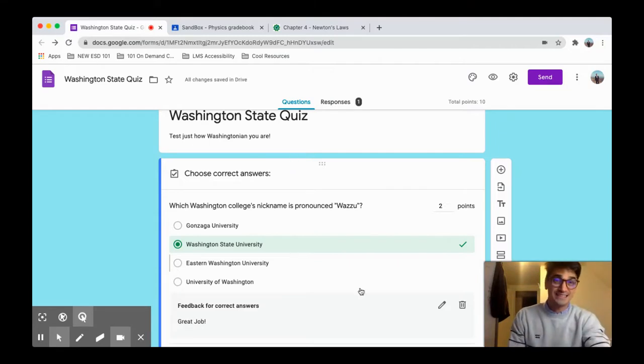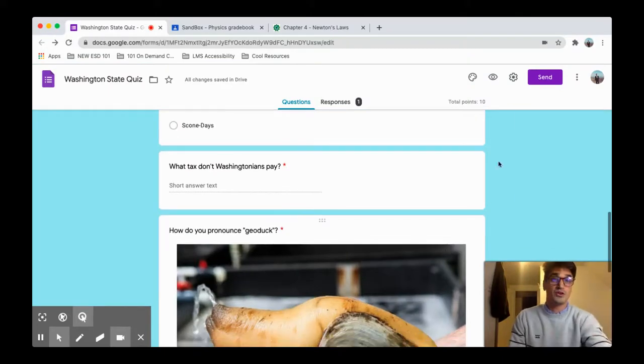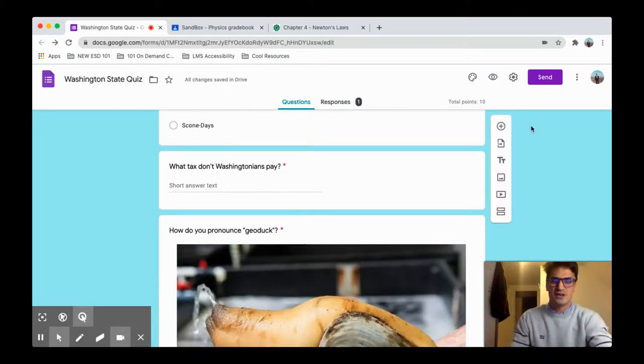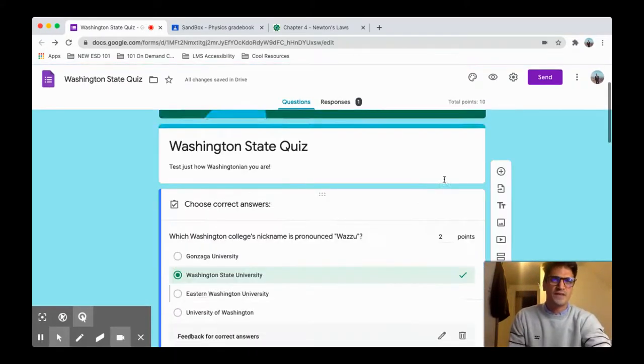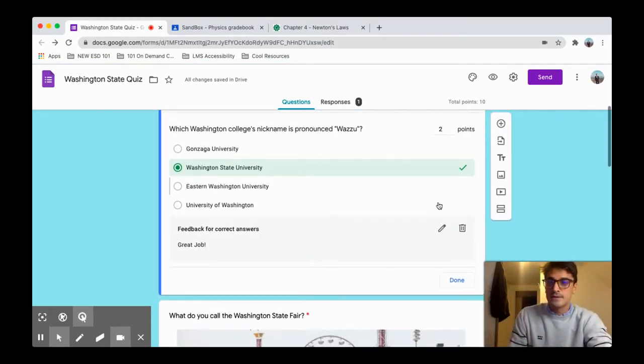So if I set this out of 10 points, but I have a 30-point quiz in the grade book, when it gets zapped over, it's going to count each one of these questions as 6 points because there's 5 questions, total of 30. It's going to do all the math by itself. So just want to put that on your radar that there is a point system. Sometimes you want points, sometimes you don't want to give points. In this case, I'm going to give some points.